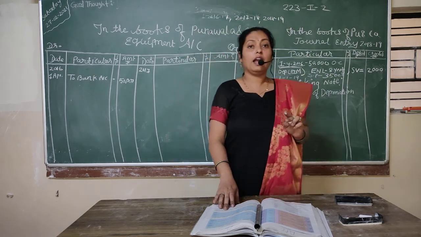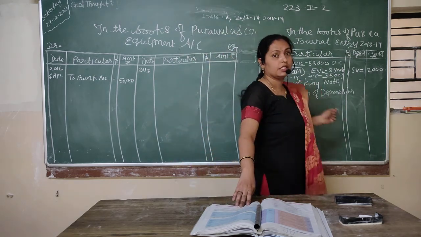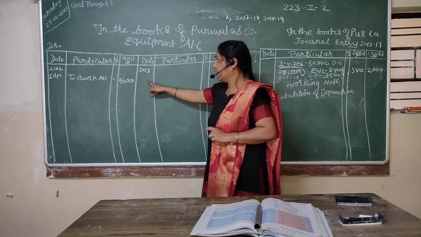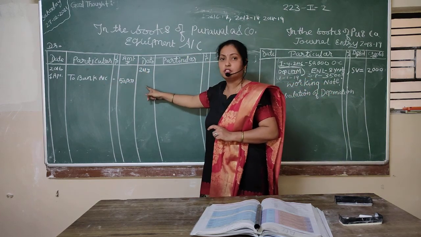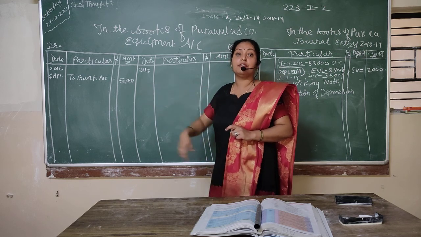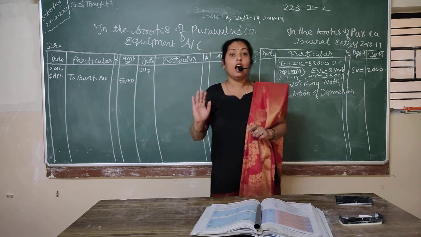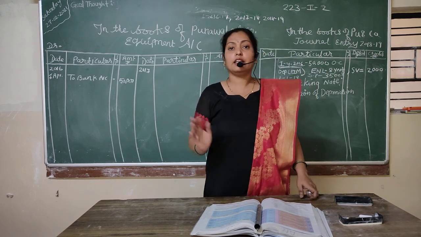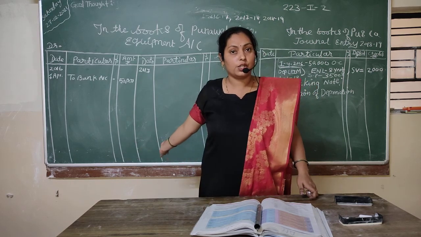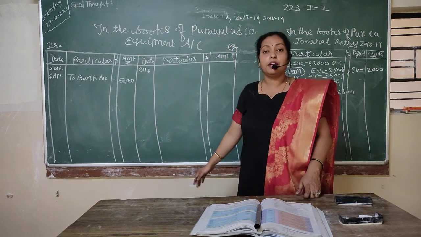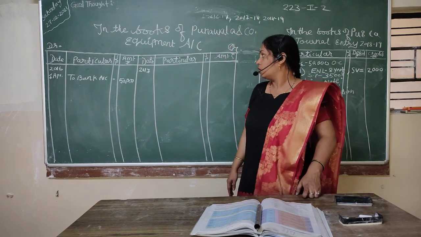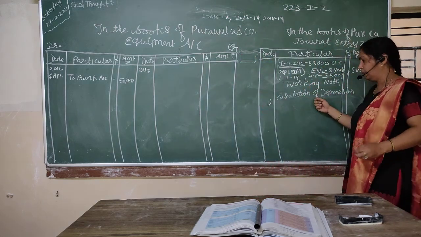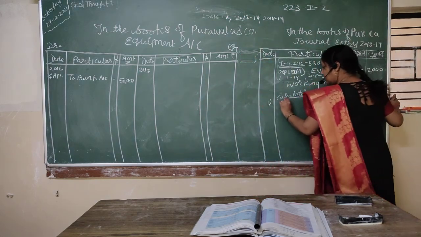Now what we have to do is calculate the depreciation, because in the first year the equipment is purchased, and at the end of the year, that is on 31st March 2017, we have to charge the depreciation. After charging the depreciation, we will transfer it, but the transfer entry we will not show in this question because here only the equipment account is being asked. So students, before writing the depreciation, we need to calculate it.